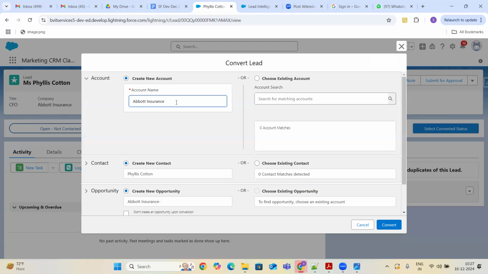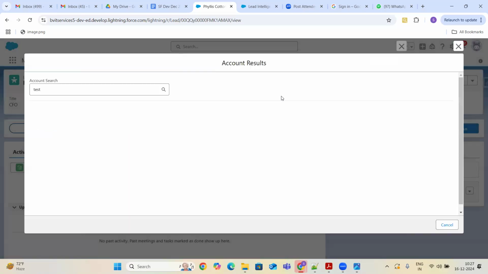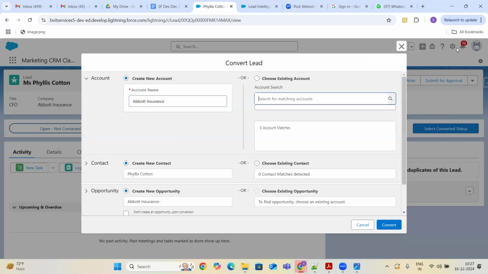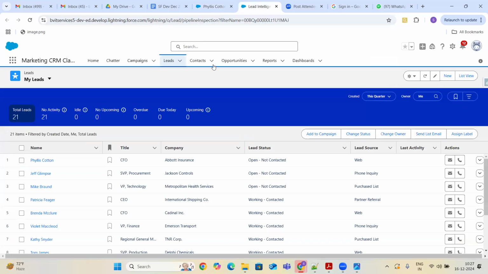So already I have a current customer, so I don't need to create a new account. I just need to select the existing account. So I'll just select it. Okay, there are no accounts with the name of test. Let me check what we have.